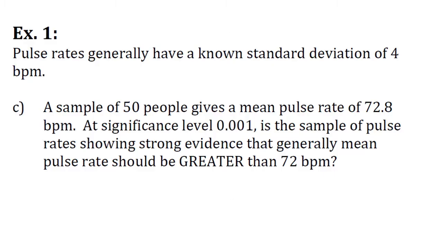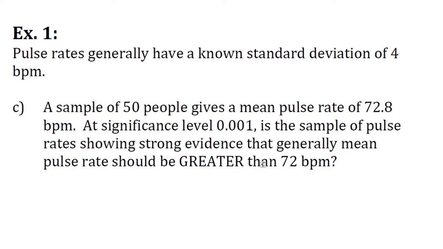And now let's look into part C of example 1 here. Once again, this part of our example 1 utilizes the same beginning description. Pulse rates generally have a known standard deviation of 4 BPM, beats per minute. A sample of 50 people gives a mean pulse rate of 72.8 beats per minute. At significance level 0.001, is the sample of pulse rate showing strong evidence that generally mean pulse rate should be